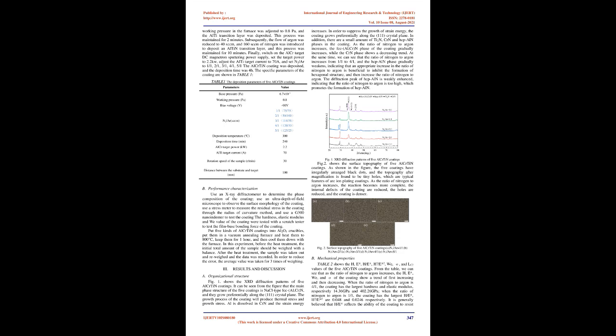reaches below 6.7×10^-3 Pa again, let in 250 sccm of argon gas and adjust the throttle to keep the pressure in the furnace at 1.5 Pa, and then apply a bias of -800 V. Perform glow cleaning. The glow cleaning time is 15 minutes to remove contaminants on the surface of the substrate. Switch on the AlTi target arc power supply, adjust the current to 60 A, keep the voltage constant, adjust the throttle valve to keep the pressure in the furnace at 1 Pa, and bombard and clean the substrate for 10